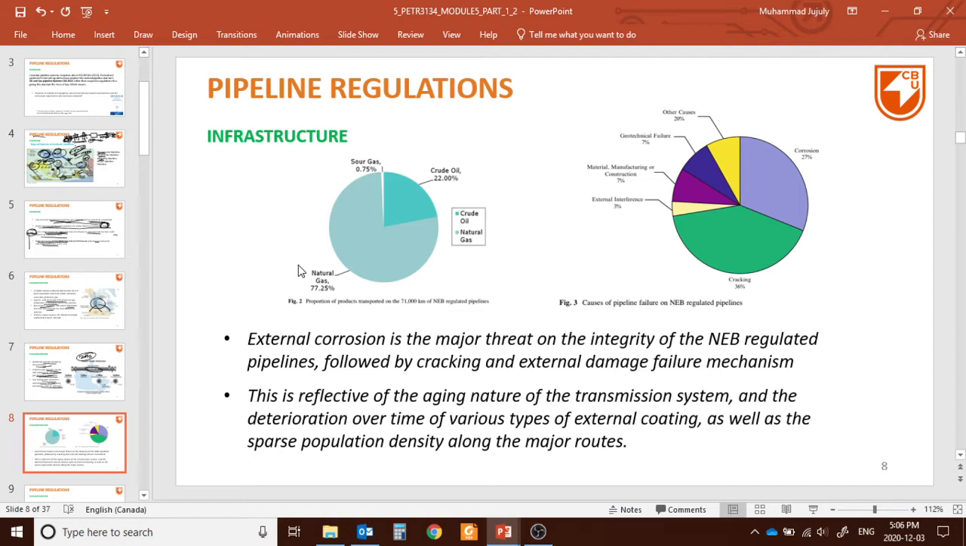statistics on how much of the crude oil infrastructure we have, and for the natural gas. So as you can see, it's way higher than the crude oil infrastructure. Okay, now